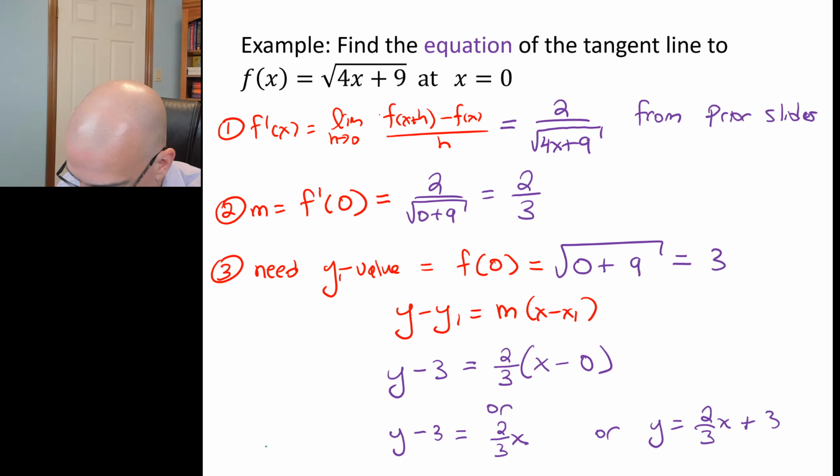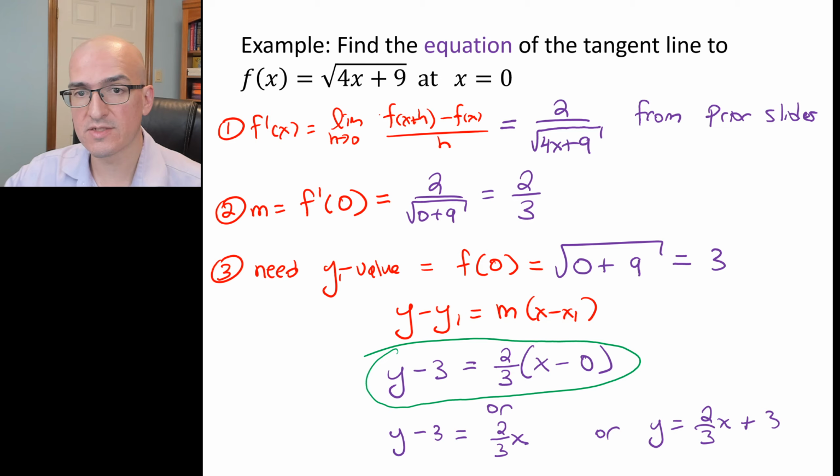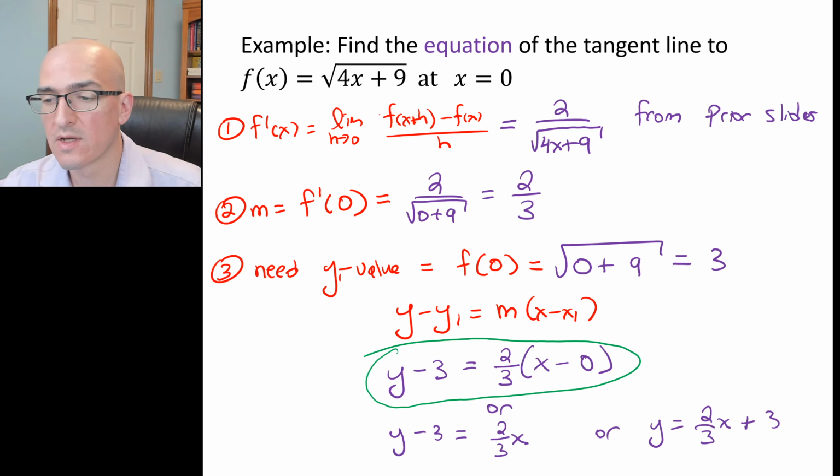I'm going to circle the first one just to highlight the fact that that form of the equation of the line is the one that I'm expecting you to use. They're all correct, but if there's a multiple